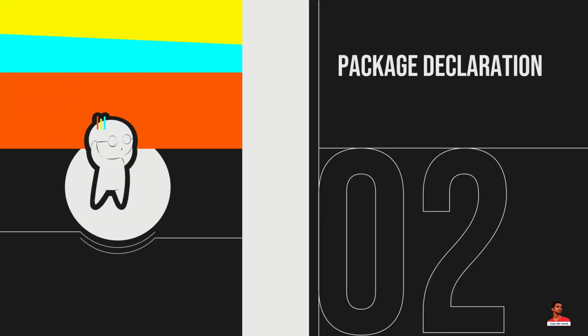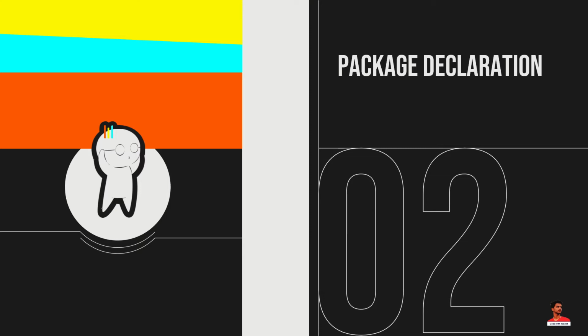There is a provision in Java that allows you to declare your classes in a collection called a package. You can create a package with any name. A package is a group of classes that are defined by a name. That is, if you want to declare many classes within one element, then you can declare it within a package. The package declaration is optional, that is, if you do not want to declare any package, then there will be no problem with it and you will not get any errors.